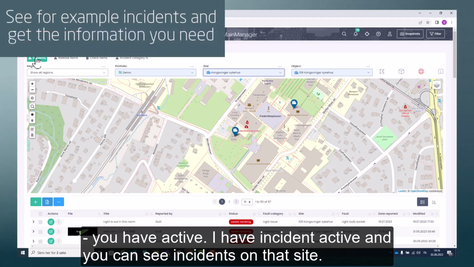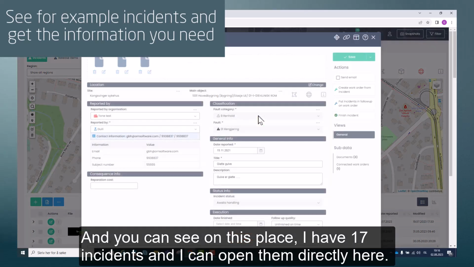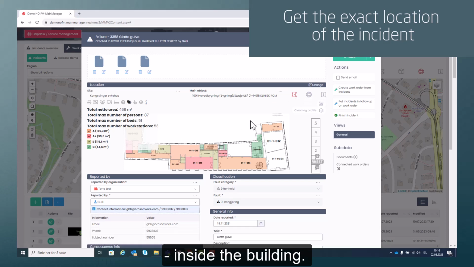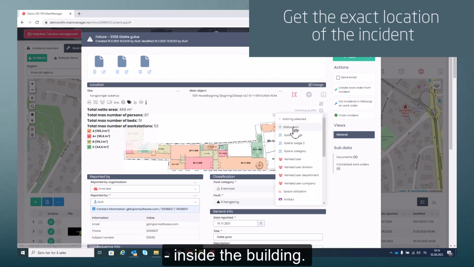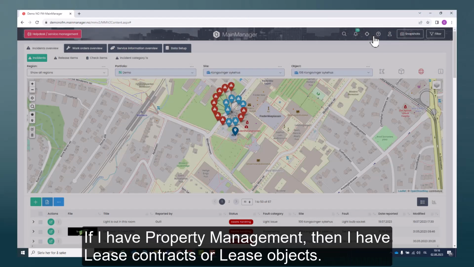I have incident active here, and you can see, okay, I want to see some incidents on that site, and you can see on this place I have 17 incidents, and I can open them directly here. I can also see some information here, and where they are located inside the building. Here I can see this is the room, and so on. And